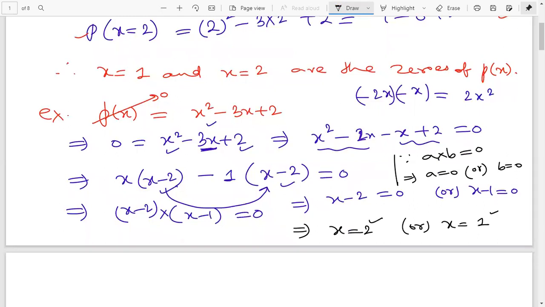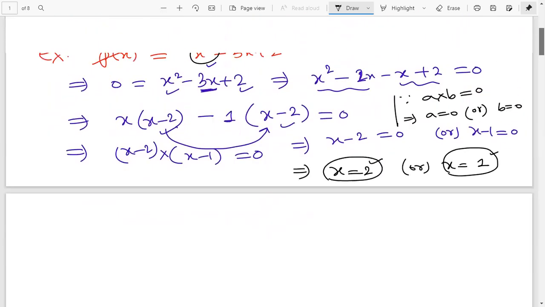One more thing here: the degree of the polynomial was 2 because the power of x is 2. So we have two zeros, or two roots we can say. One zero is x equal to 1. Zeros are basically the x values for which p(x) is 0, or for which the polynomial value is 0. That is one understanding. Second thing,